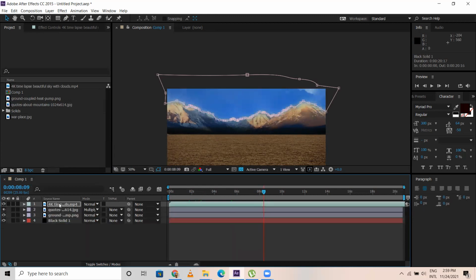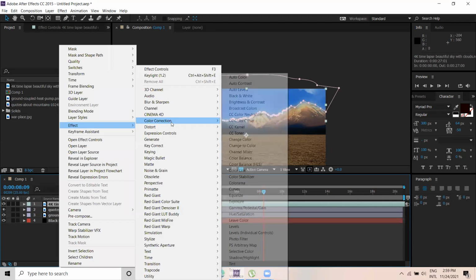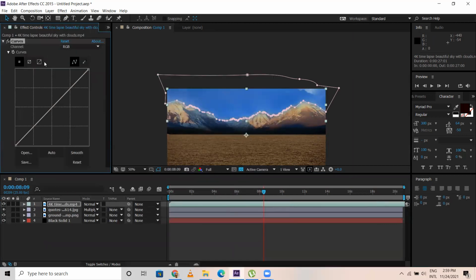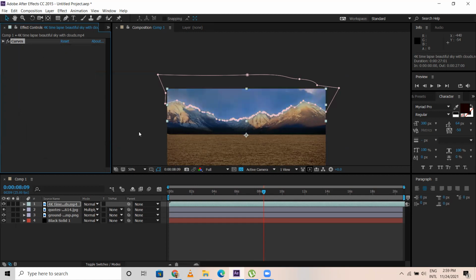So color correction: right click, go to effect, color correction. In color correction, go to curves. I don't want a blue tint. I want a red tint. Go to blue, reduce the blue part. Okay, it's like this. So off, on.